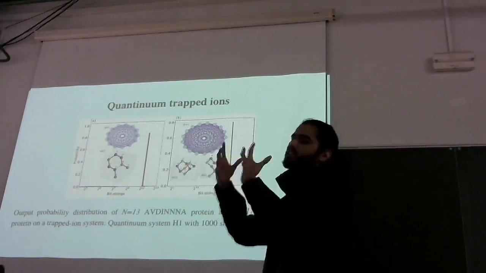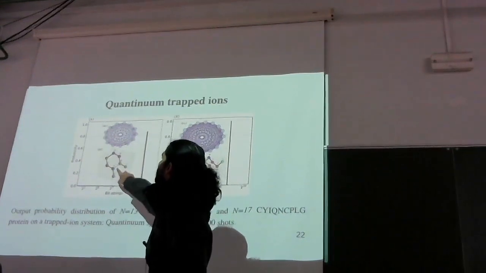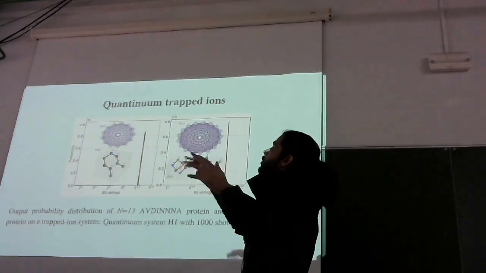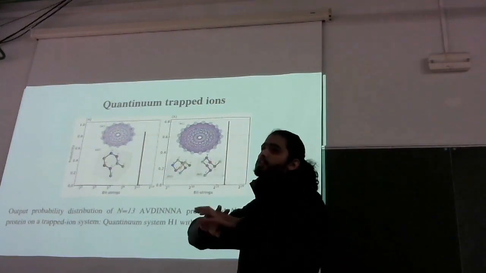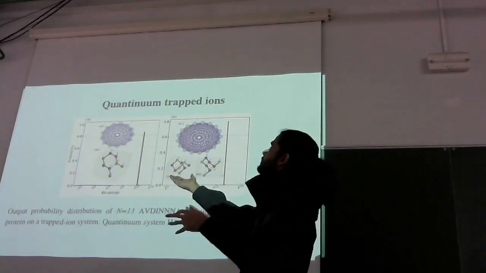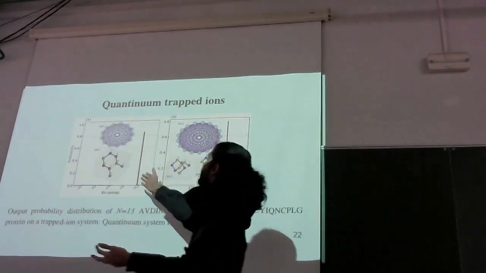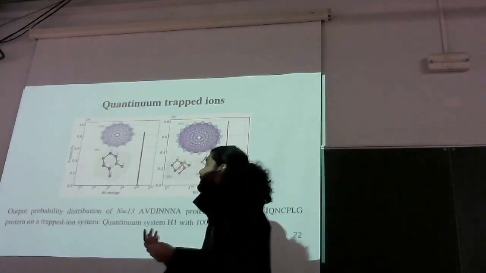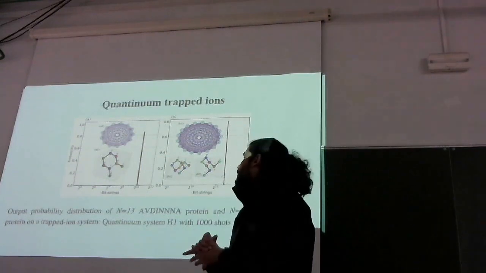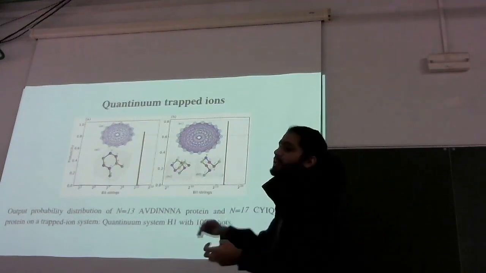So this is just one circuit that I've implemented, and this is the full protein that I have, and this is the connection, as I mentioned earlier. And this is the largest protein that has been shown on an actual quantum computer, the 13 qubit system. The previous record was 9 qubits, and this one is 13. So we shift one amino acid, and you can see that it's more than 80% success, which is mind-blowing to me, because a 13 qubit system with more than 80% success on real hardware is amazing. With that I do a 17 qubit system also,